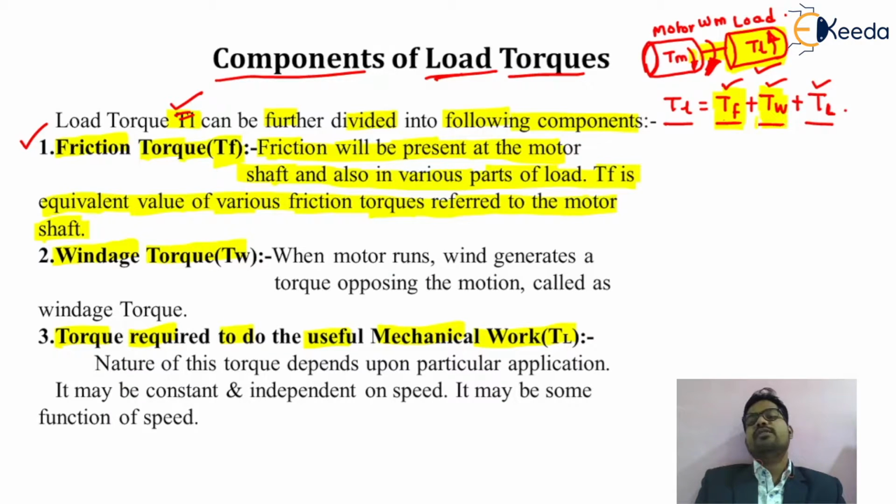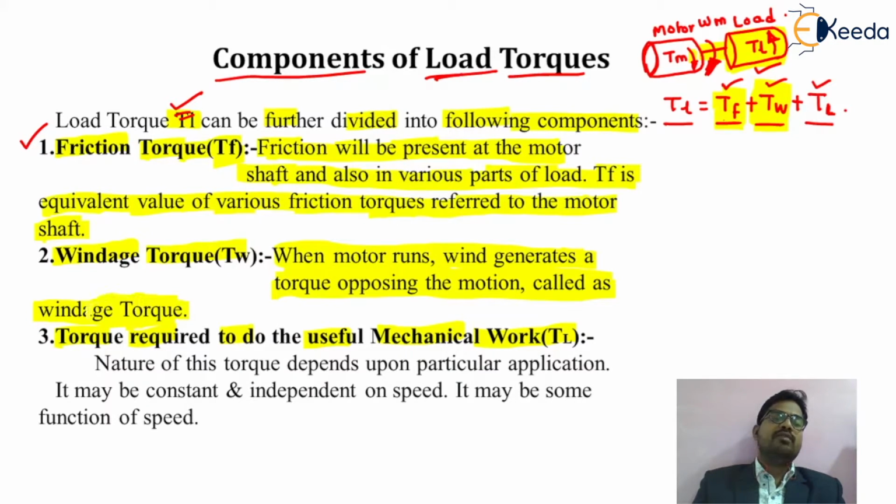So the name itself indicates it is the torque which will be present due to the wind surrounding your motor. So the windage torque: when the motor runs, wind generates a torque. Surrounding a motor, obviously there is wind, and this wind will produce a motion that opposes the fundamental motion of your motor, and the torque of that particular motion,